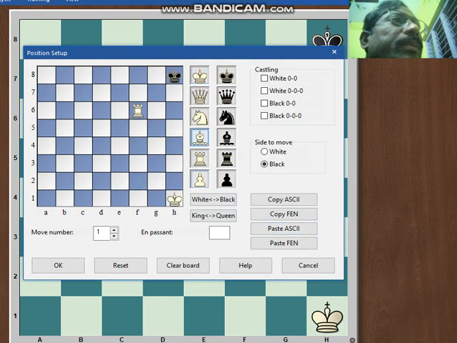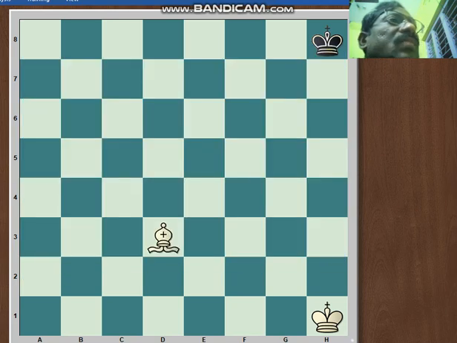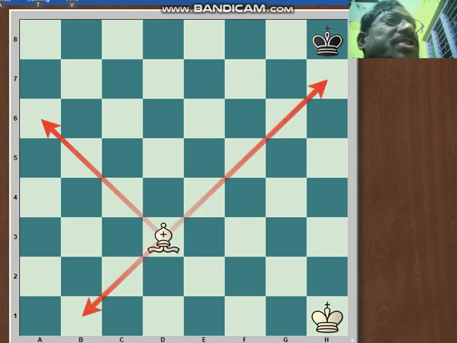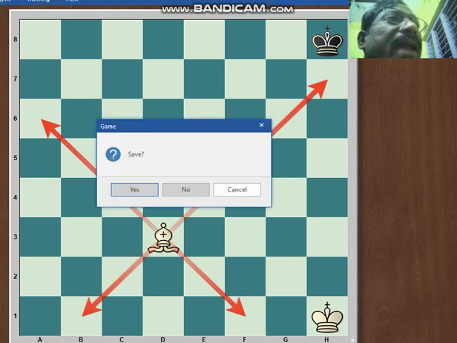Now the bishop moves. How can the bishop move? It can move diagonally. From its position it can move any number of squares only on the diagonal, like this. Suppose you have two colored bishops: one moves only on white squares, another moves only on black squares.